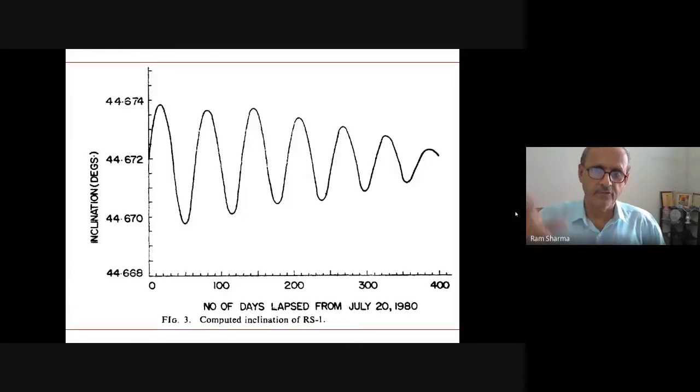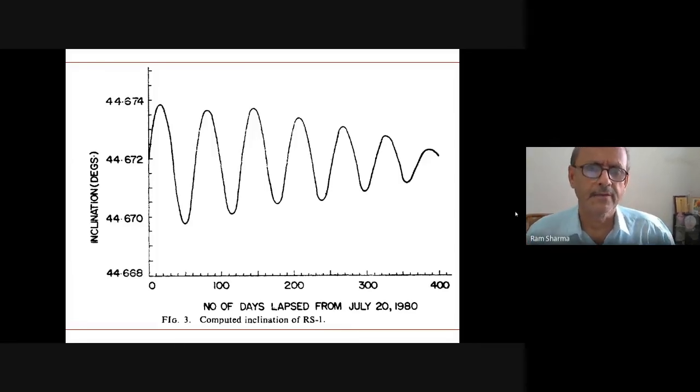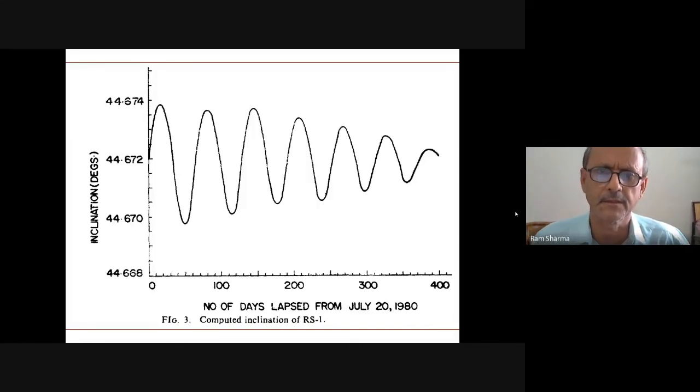And the inclination also, you see how with time, as you come nearer to the Earth, the inclination varies. These are all mean elements, and Dr. Takvi's and Dr. Bhatnagar's theory was used here for converting to mean elements. You can see they are very good. If the mean elements were not good, we would not have got this kind of curves.